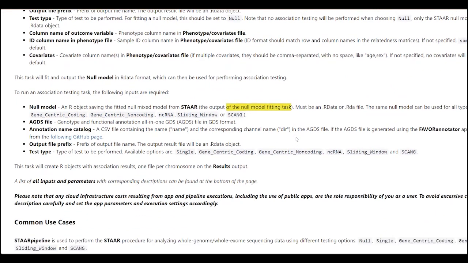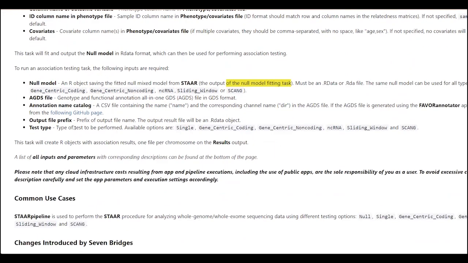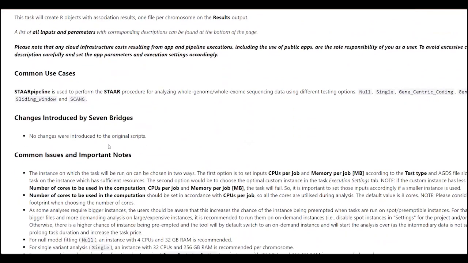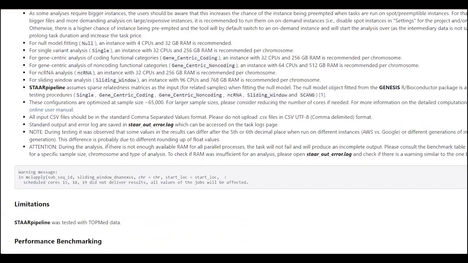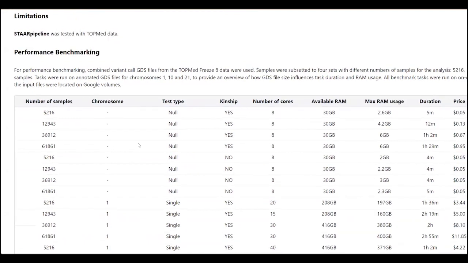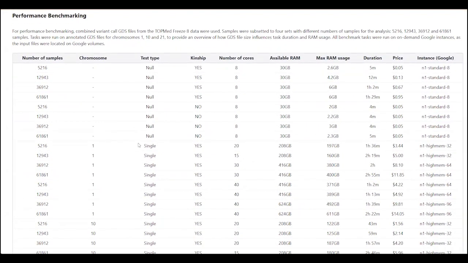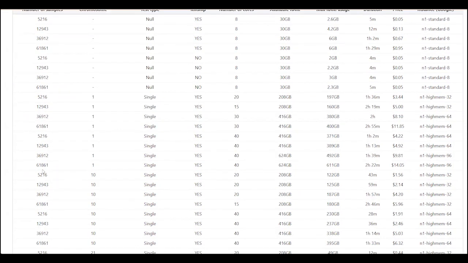But yeah, I'm not sure. That'd be good to test. So it has common use cases, some important notes, and then of course performance benchmarking. So if you want to know how much this would cost to run, I think these values and these prices are pretty good, because for instance, if we want to use even the largest chromosome 1, 61,000 subjects,